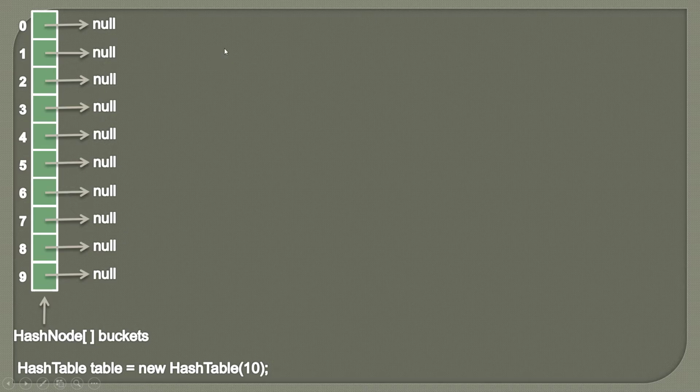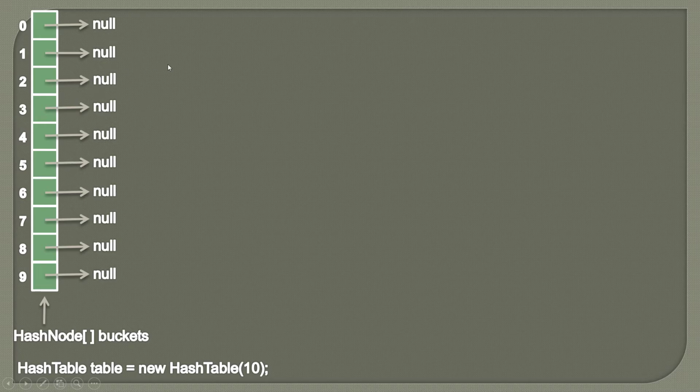So friends, when we try to put a key value pair into the hash table, there are various scenarios which come into the picture. One scenario is when we take the key and pass it to our hash function, and that hash function returns an index. We simply go to that index and see whether the hash node is pointing to null or to any other node. In case it is pointing to null, then we simply insert the key value pair in the form of a hash node, and we assign that hash node to that particular index.